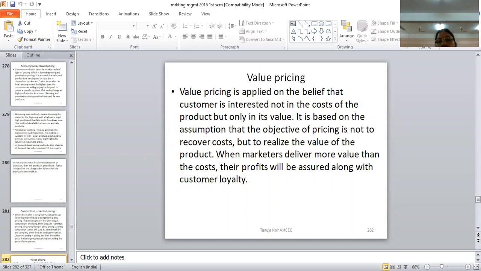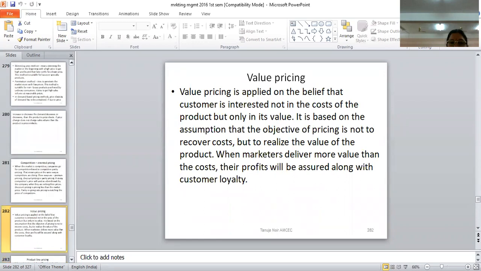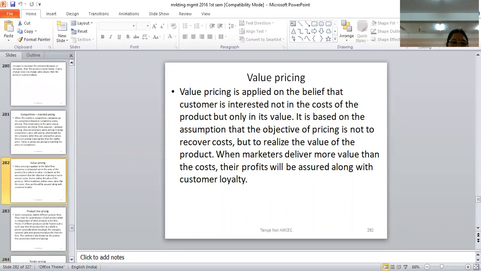By following value pricing, marketers deliver more value to their customers. If they follow value pricing, their profits will be assured and they will get customer loyalty also. So value pricing is for those kinds of customers who are not interested in